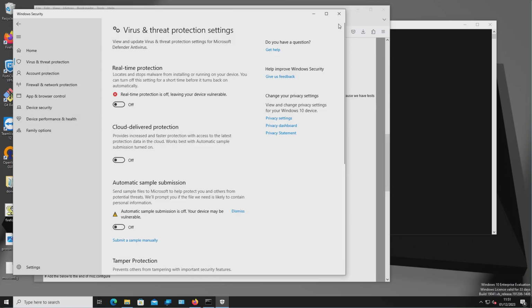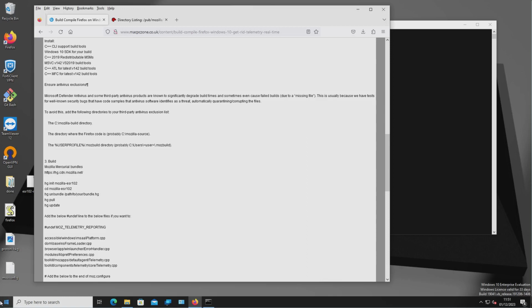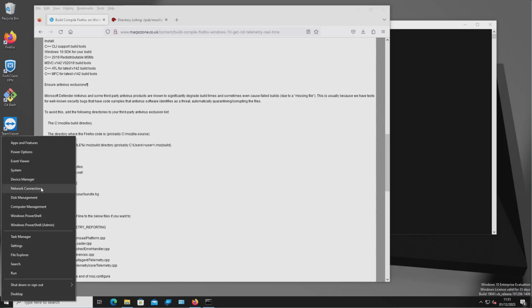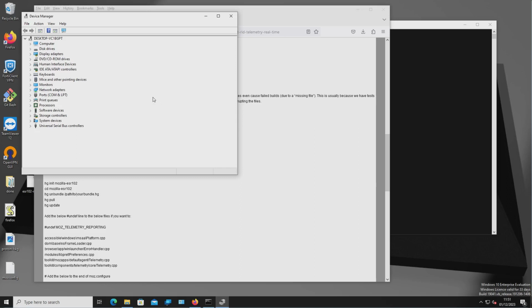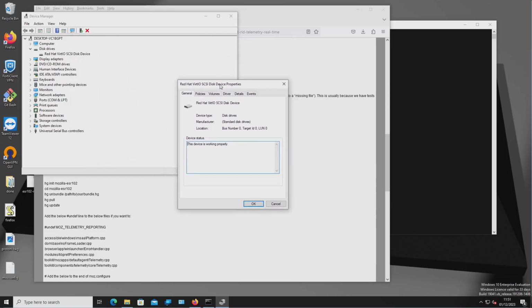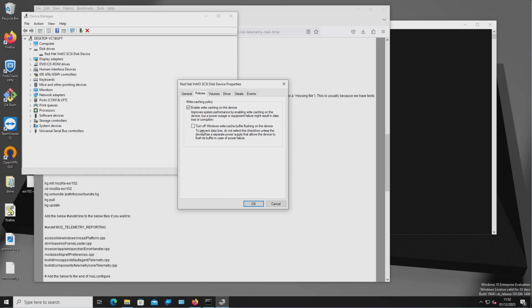And then the next thing you want to do, this isn't recommended, but it makes a difference as well. What you do is go to whatever your main drive is, and go into policies, and now this is turn off write cache buffer flushing. What that means is that it regularly flushes the write cache to the disk,